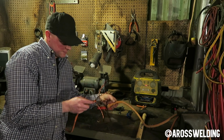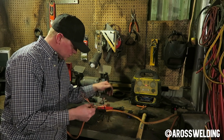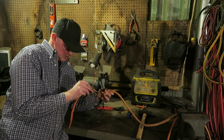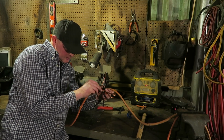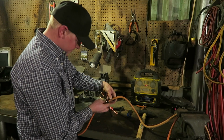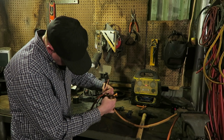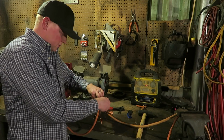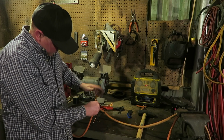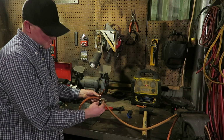Then what we're going to do, make sure these are all twisted together like so, then just join them just like this. And then just start twisting them together like so. Once you have them all twisted together,